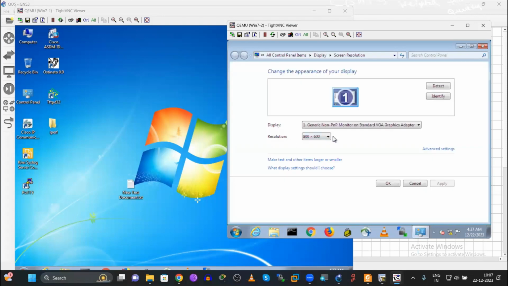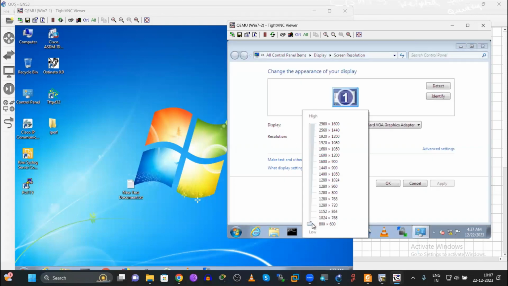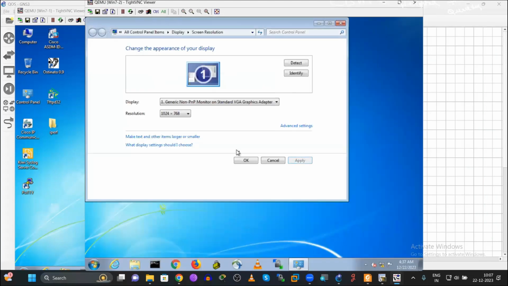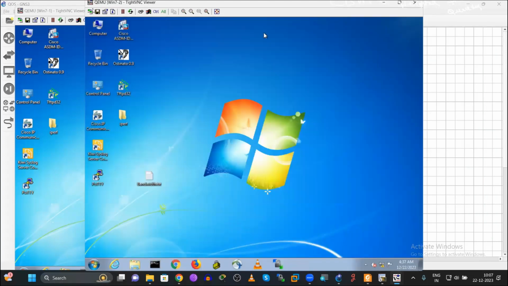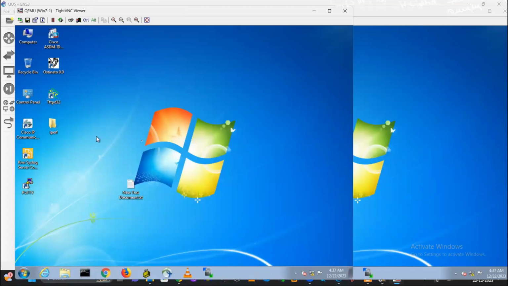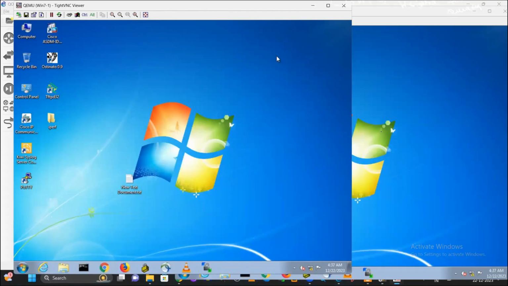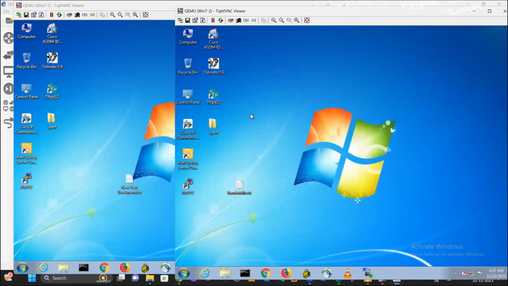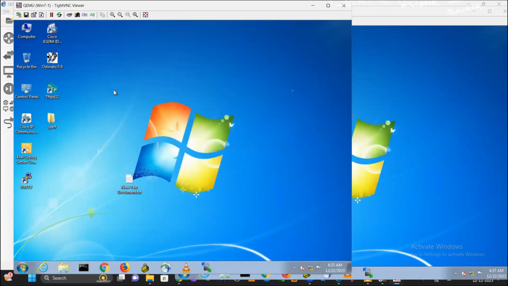The screen resolution, I'm going to increase a bit to 1024 by 768, so that the display will be a bit bigger. Okay, and I have two different machines.